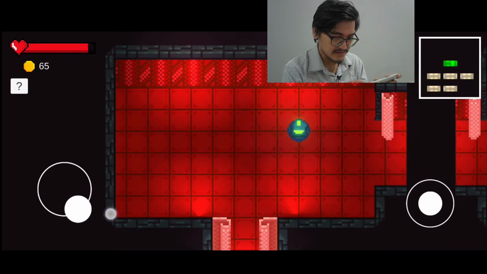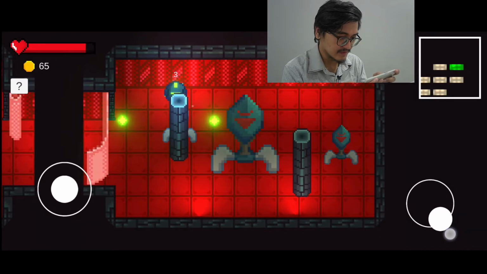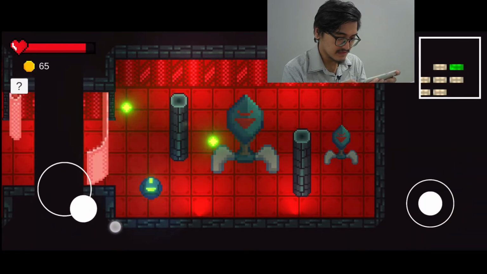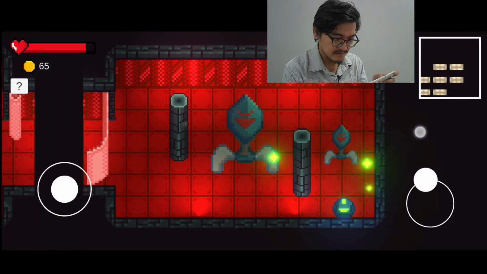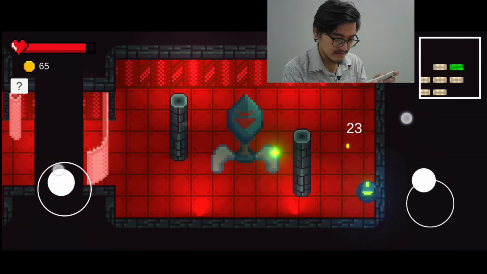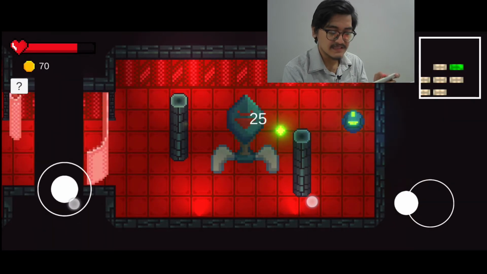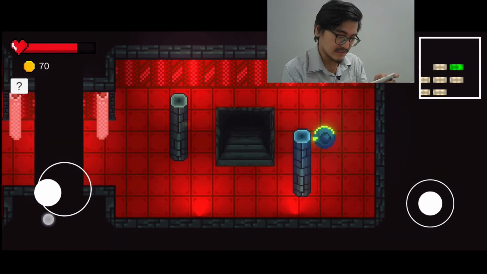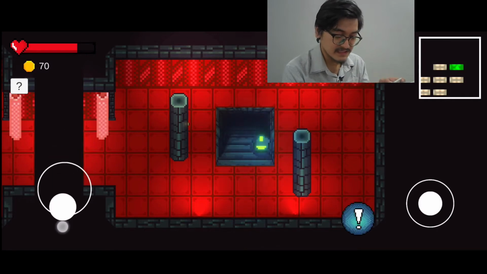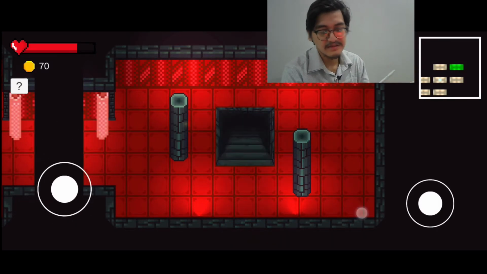Alright. So this is the boss here. Alright, so we will have to kill the mobs first. Alright, so now that the mobs are done, we can now try to kill the boss. The boss isn't as difficult, but they are powerful. Oops. Okay. So once the boss is dead, the new stairs will appear and the users can go to the